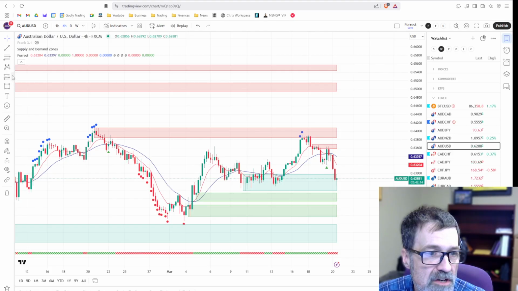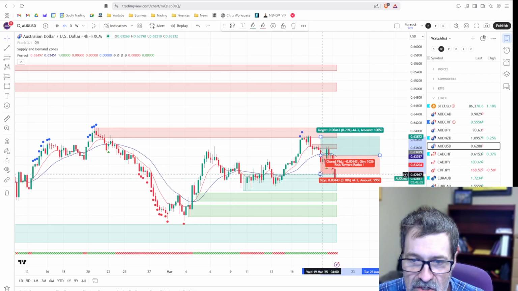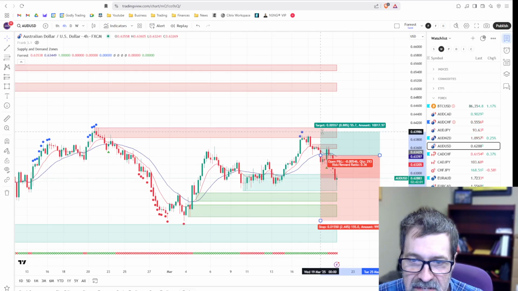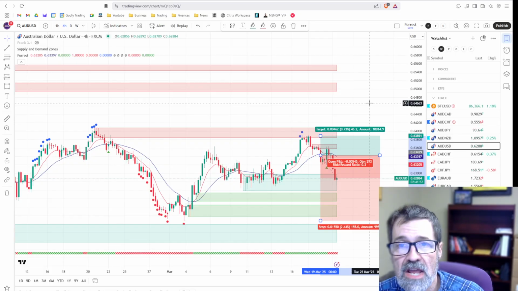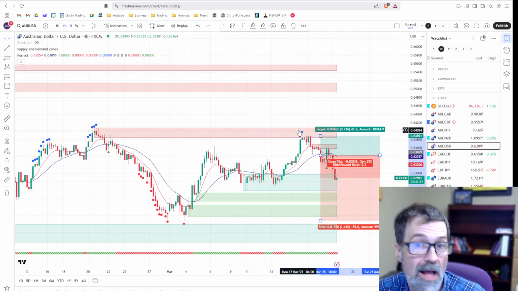Just to show you what a Forest setup would look like. We'd say, all right, we got our blue dot, we got our blue dot, we got a green X, means we're going long. When price touches this, which is here, our stop loss is the last red dot, and our take profit is here. You say, well, hang on, Pepper, that's not 1-to-1. Well, I didn't say it's always 1-to-1. This is what this strategy says. This strategy says your first take profit is either 1-to-1 or the blue dot, whichever's first.